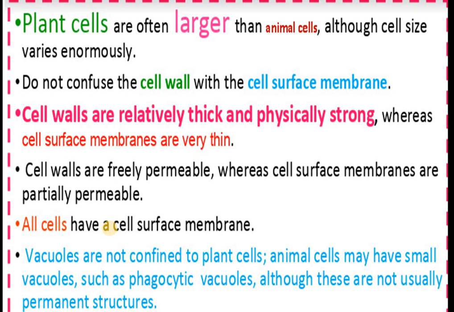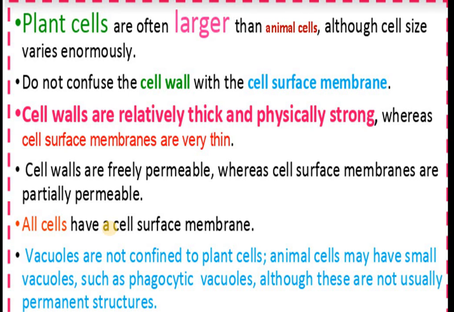Cell wall is made up of cellulose, as we just discussed. It is made up of cellulose, a polysaccharide, while the cell membrane is made up of lipids and fats and cholesterol. Now, when we go through our chapters ahead, you will get to know the detailed structure of the cell membrane now in your A levels. Cell walls are freely permeable, while cell surface membranes are partially permeable. All cells contain a cell surface membrane, but a cell wall is only contained by plant cells.